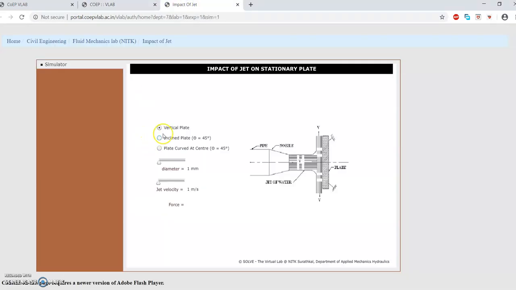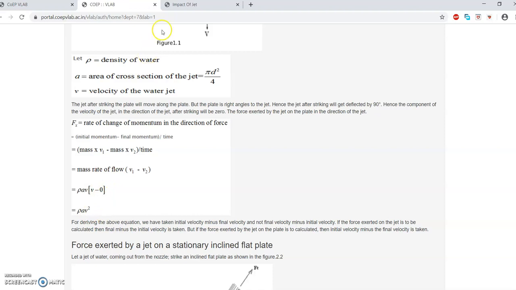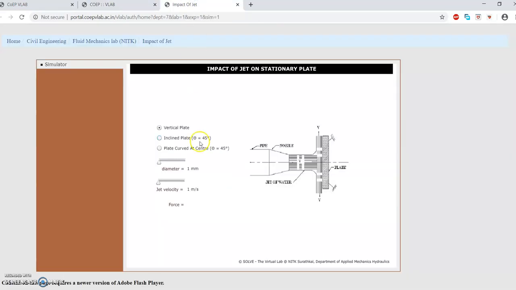So the first case is the vertical plate. This thing is important because as per the types here, the formula will vary. Right? So for the vertical plate, the formula is that Fx is rho A velocity square. So if you click it here, now density of the fluid remains same for all the three cases because it is water here, right? So something which we can give as an initial condition by default. That's why there is no need to mention density here.